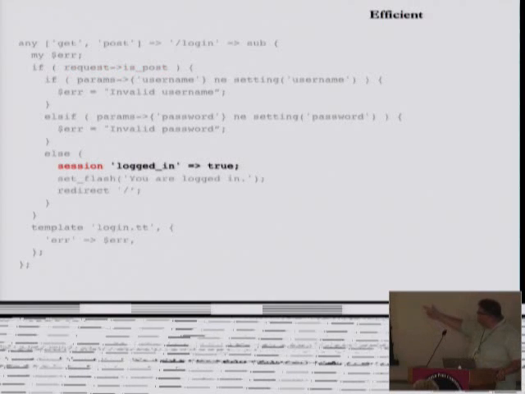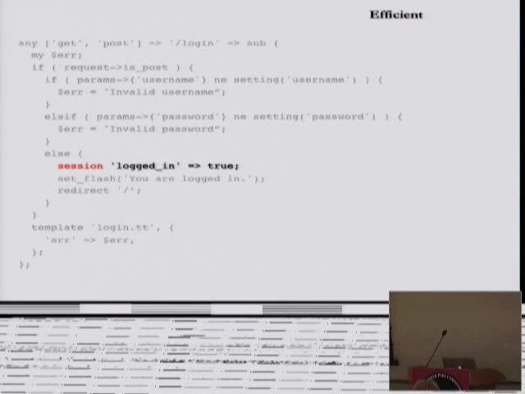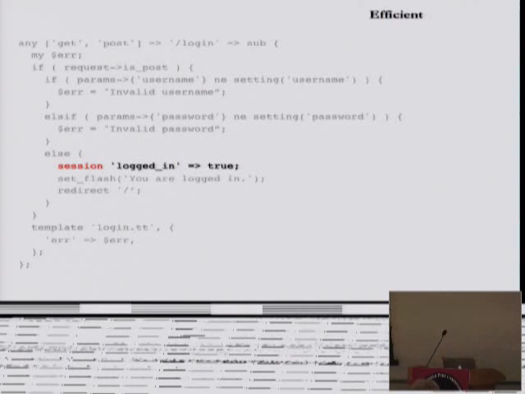And then here we have the session. You guys can see that if it's a post, we're going to do stuff under here, which we're going to skip for now. But if it's not, then we're going to go ahead and start a session. So we're going to log ourselves in. We're going to send a flash message here that says you're logged in, and then we're going to redirect them back to the root.